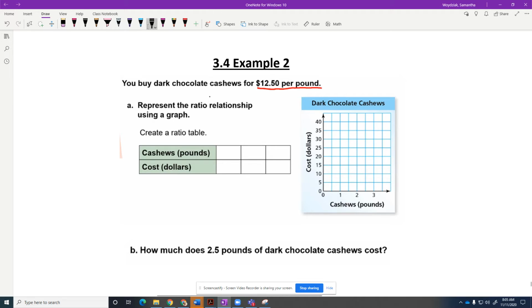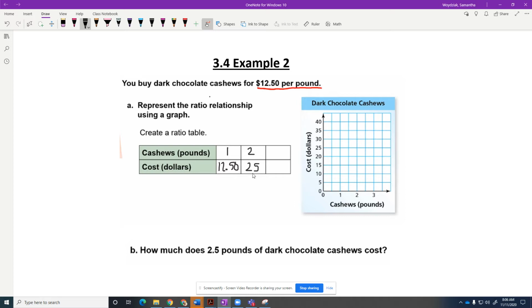So when we create the ratio table, we know that the piece of information they gave us was that it's $12.50 per pound. So for 1 pound of cashews, that means it would be $12.50, right? So then we're going to just use repeat addition. We know that if there were then 2 pounds of cashews, then we would add another $12.50. So we would be at